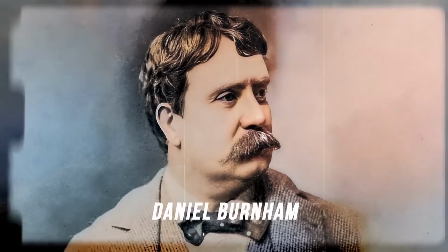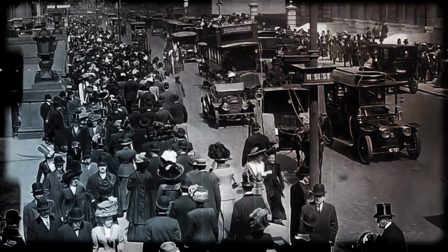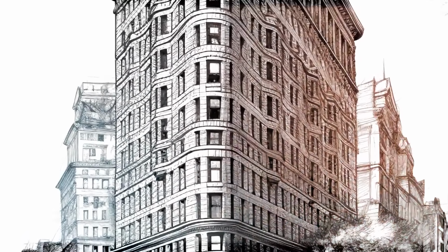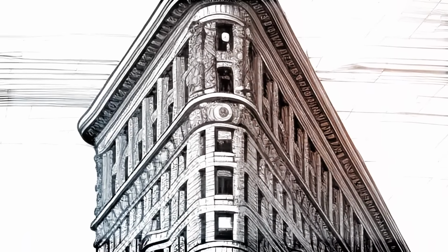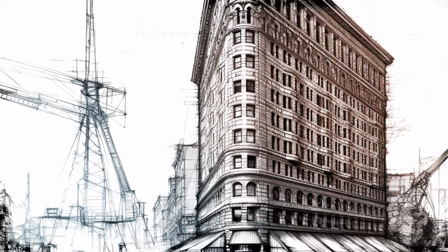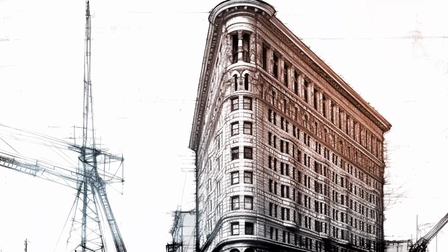They hired an architect from Chicago, Daniel Burnham, to design the company's new headquarters. The task was to maximize every inch of available space. So Burnham produced a project of a 22-story triangular tower made of steel. The Flatiron building resembled the shape of a Greek column, which means that its top and bottom are slightly wider